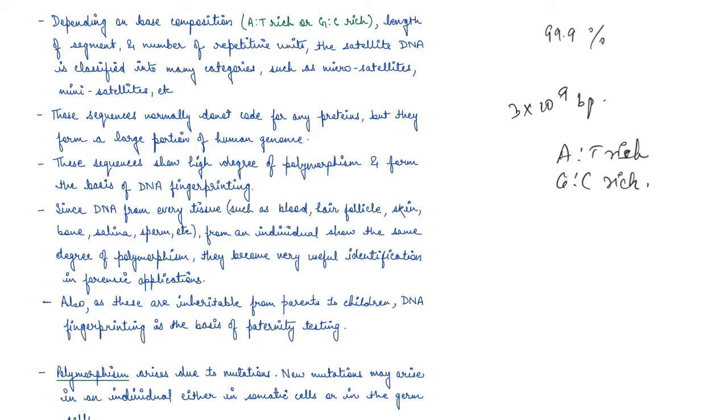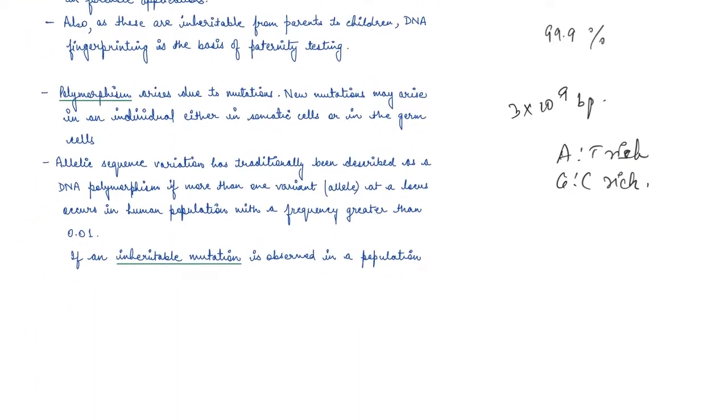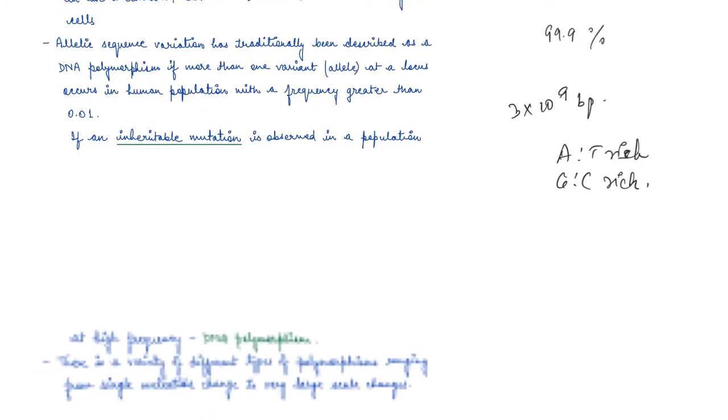Now, the allelic sequence variation has been discovered as a DNA polymorphism. If more than one variant, more than one allele at a locus, occurs in the human population with a frequency greater than 0.01, it is DNA polymorphism. Said in simpler terms, if an inheritable mutation is observed in a population at high frequency, it is referred to